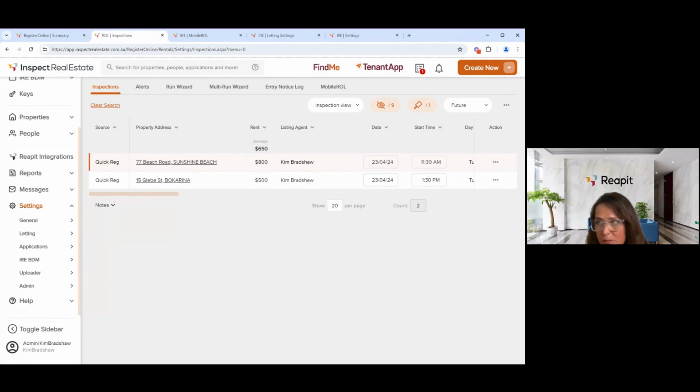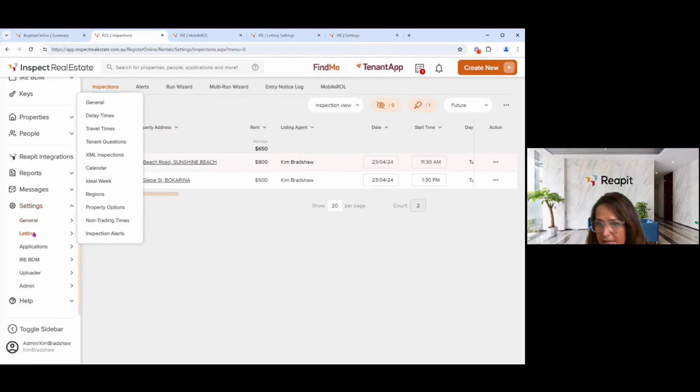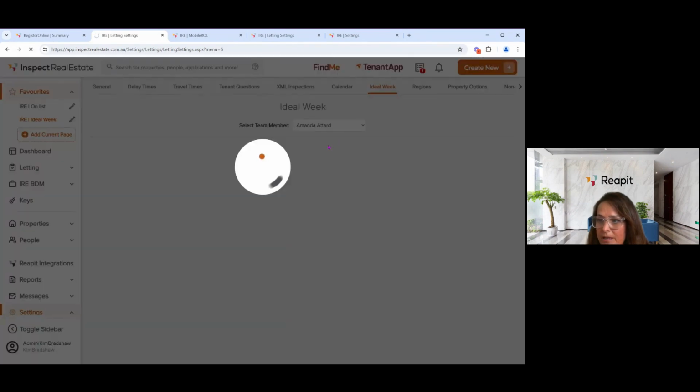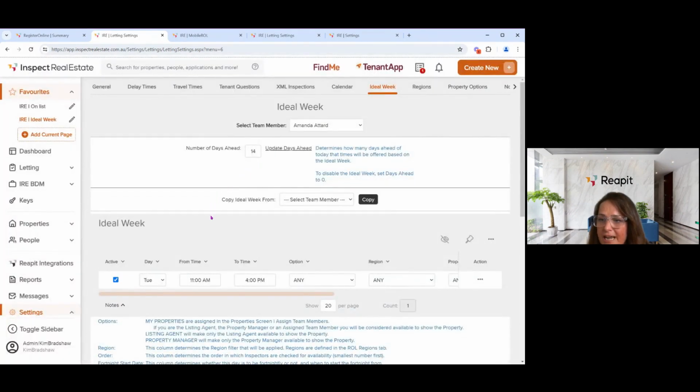Under settings, and this will be for your diamond level user, under your settings, under your letting, you've got the option to click on that ideal week. Now, when you select the ideal week, what you'd be doing is selecting the team member that you wanted to add that ideal week for. When you do that, you can click on the 3 action dots and just start adding what days in for that specific person. It's always going to default with Monday, so you're going to change that and make it suit